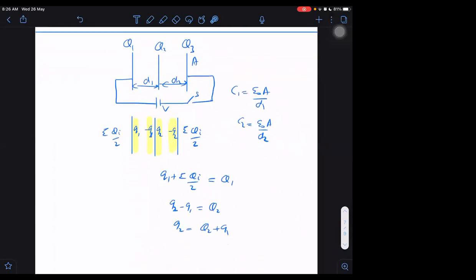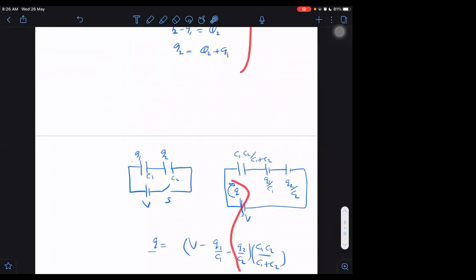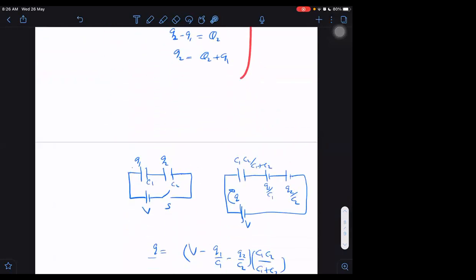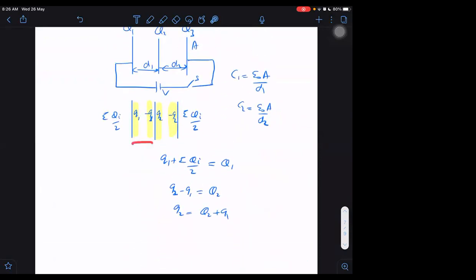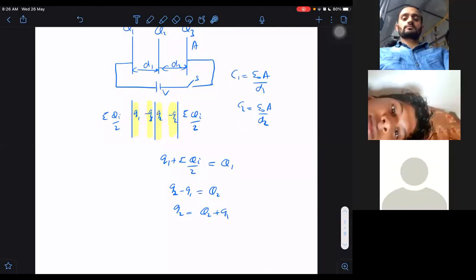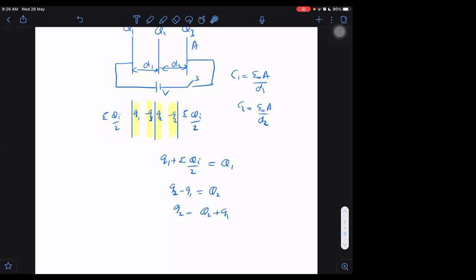That part we have already done in this. Without that, we could not even go so far. What is this Q1 by C1? And what is Q2 by C2? That is the potential difference across those, Q1 by C1 and Q2 by C2. I told you, assume the charge which is on the inner face of this plate, that is the charge stored in the capacitor, we can think. So Q1 by C1 and Q2 by C2, that is it. That is the potential difference. Understood. Okay.